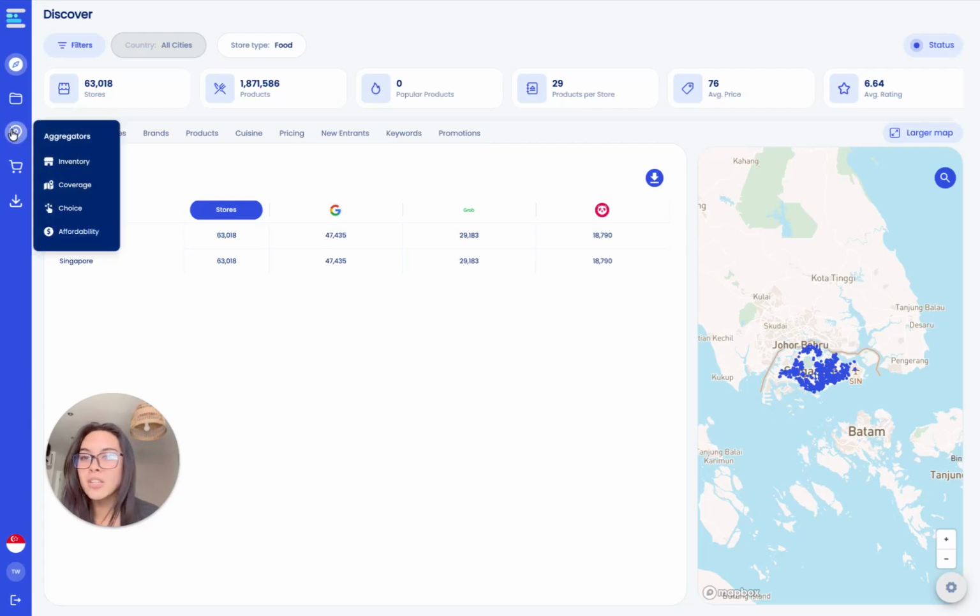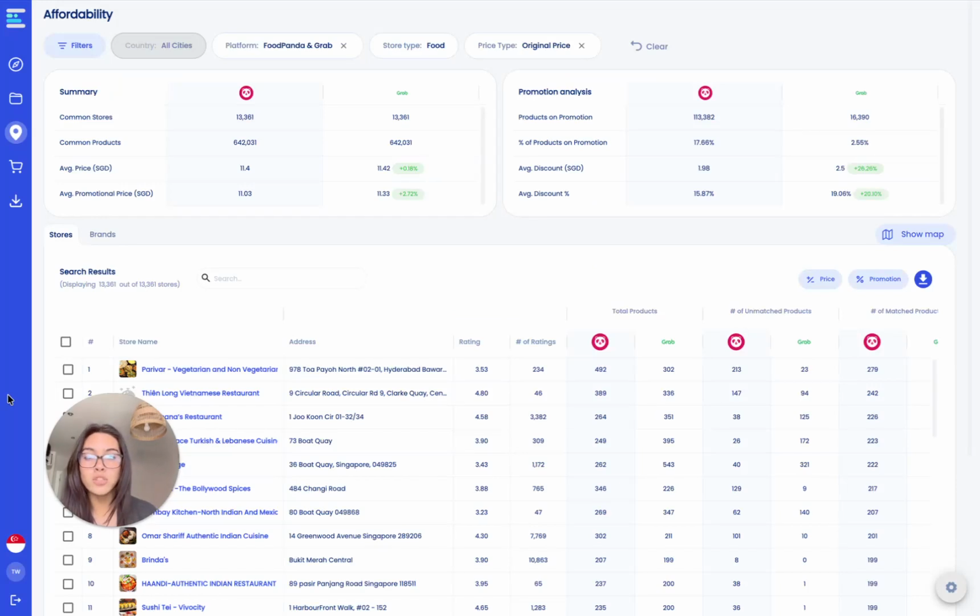So to start off, go to the aggregators tab here and select affordability. This section is built around match store data, and let me explain what that means quickly. Match data means we've identified the same store or brand appearing on both your platform and your competitor's platform, and we've linked them together. So when we show you a price comparison, we're actually comparing apples to apples, the same restaurant on both platforms